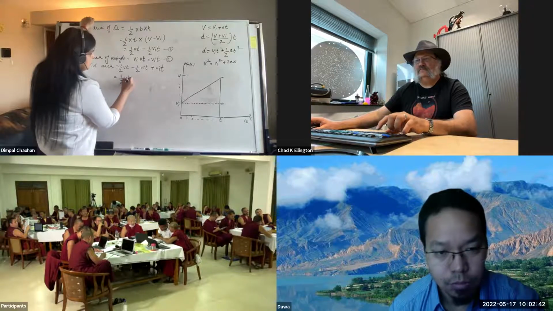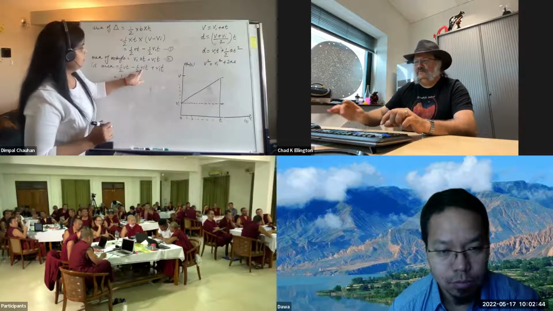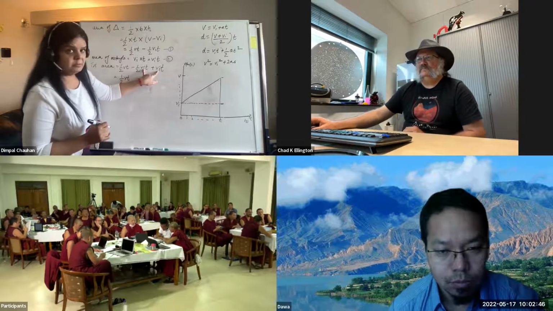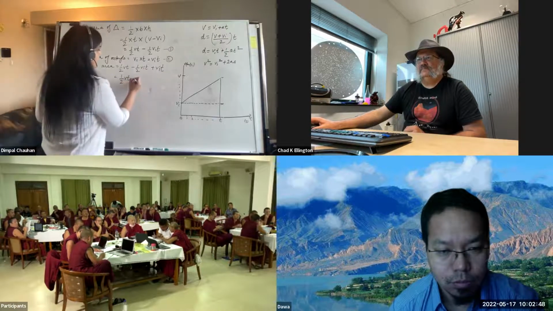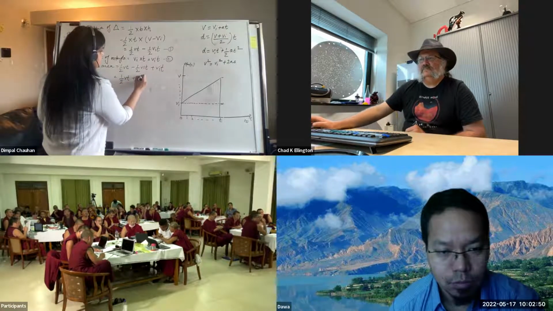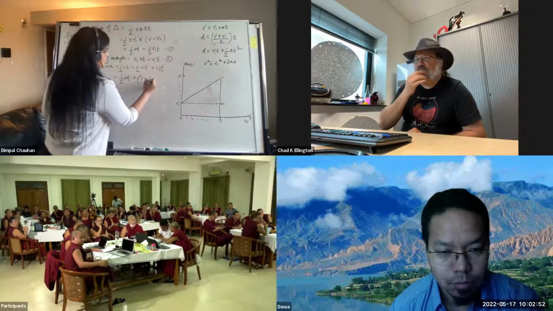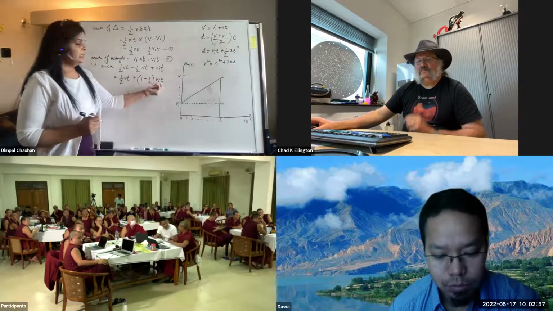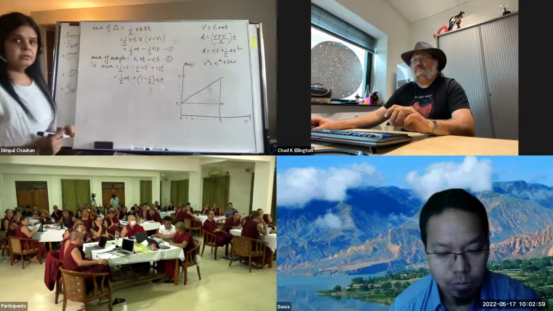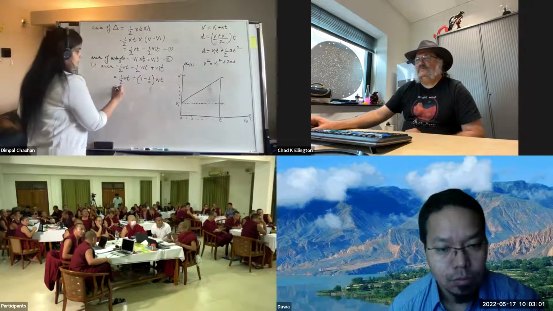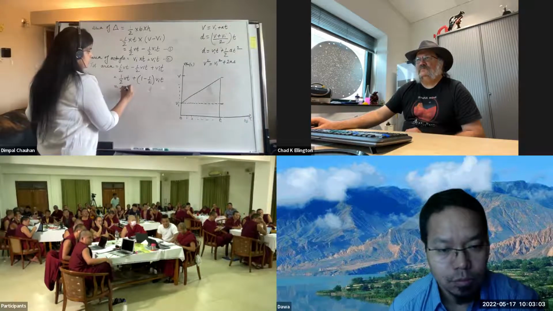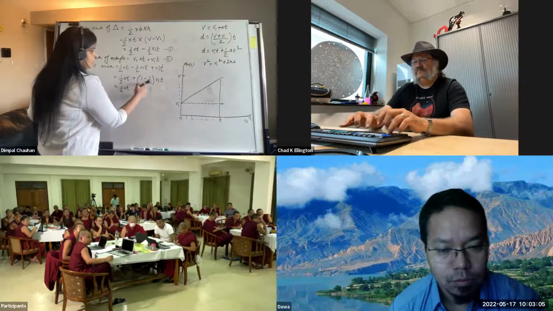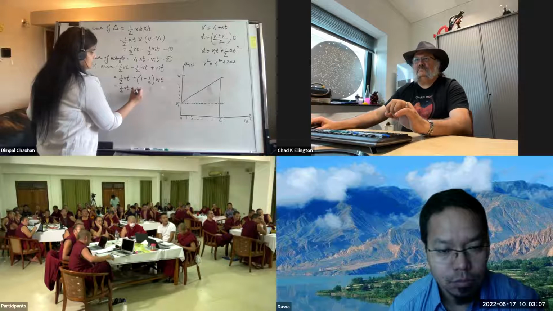Can I do it like this? I know VIT, these are same terms. I can write it like this, just collecting the like terms together. 1 minus half is